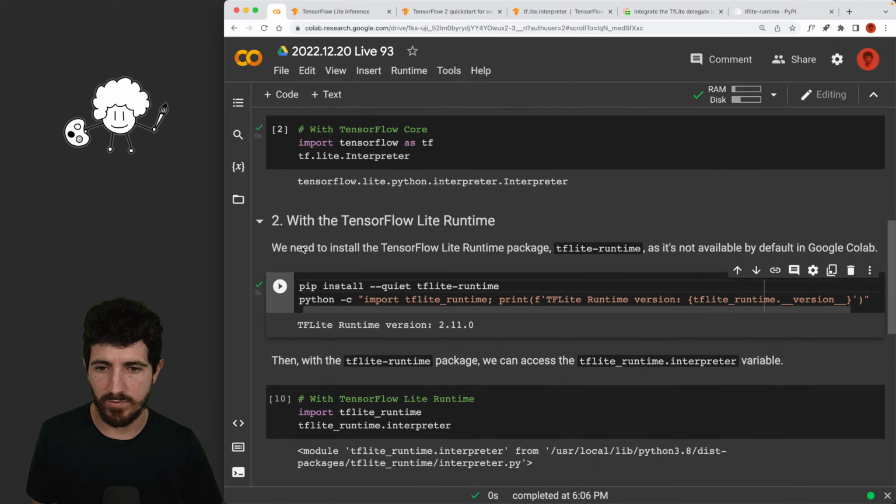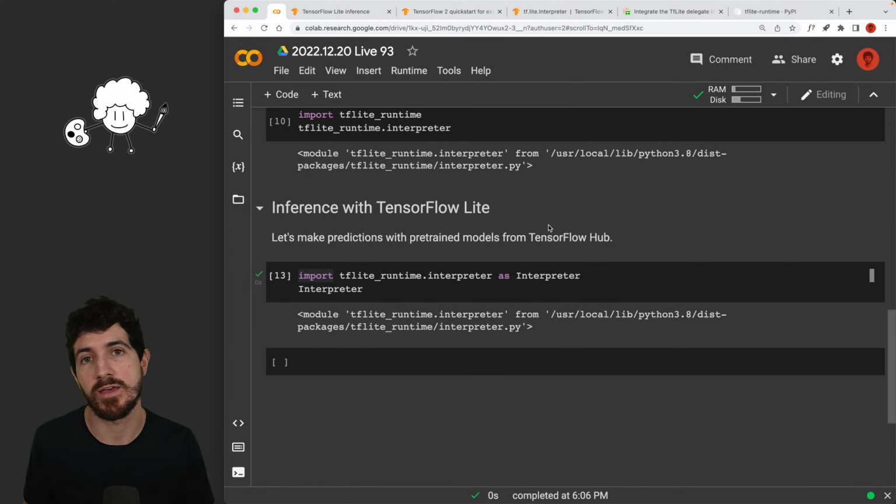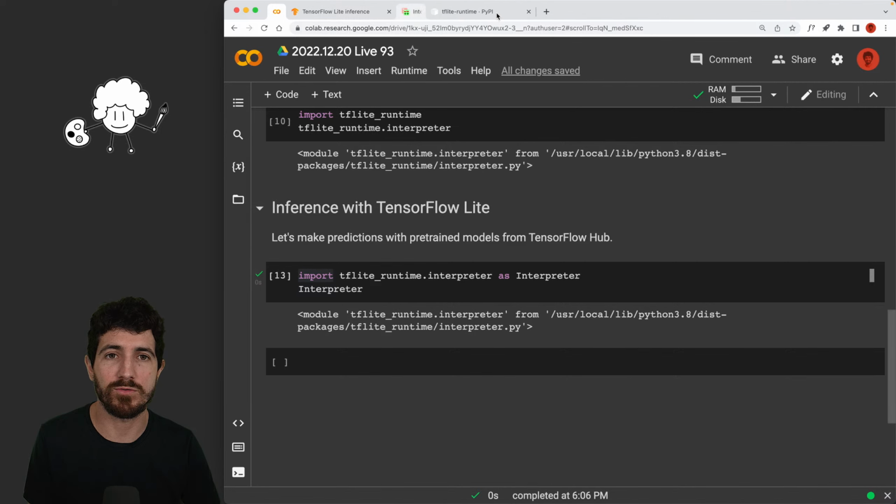Great. Okay. So we get that, and then we access it. Okay, so we've accessed it, and now we have to make predictions with pre-trained models from TensorFlow Hub, or with models that we already have trained, or models that you train yourself. So what I'm gonna do, I'm gonna go to